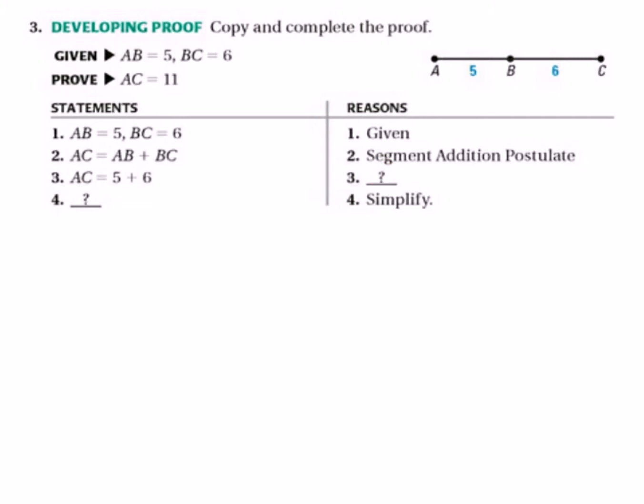What's my reason? If you look at 2 to 3, what do you see changed or what happened? So right here, what you see is that where AB is, I plugged in 5, and where BC was, I plugged in 6. So what is that called in math? When I remove and I replace with something else in that same position, that was the substitution property. So for my step 3, I'm going to write down substitution